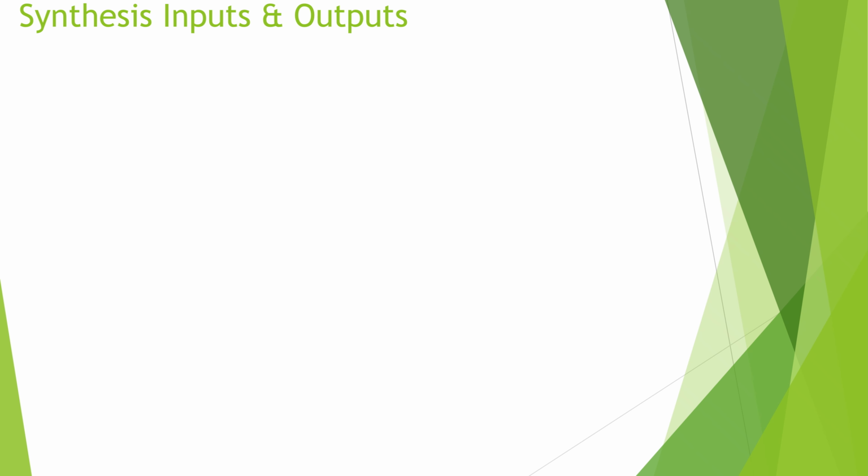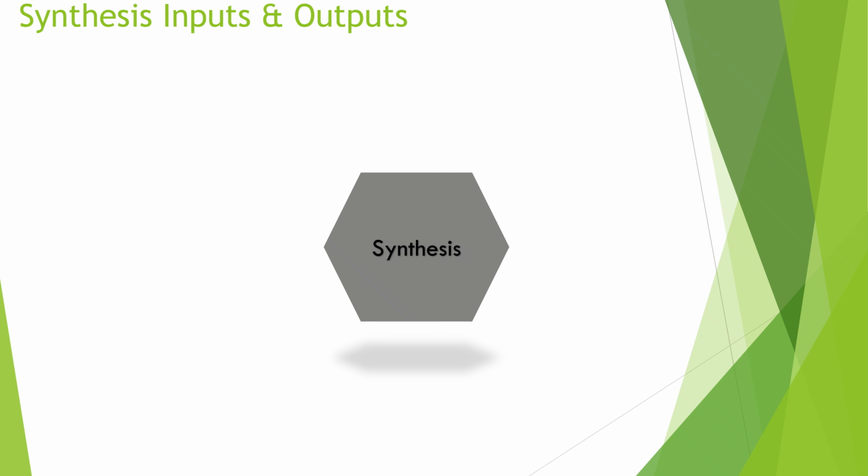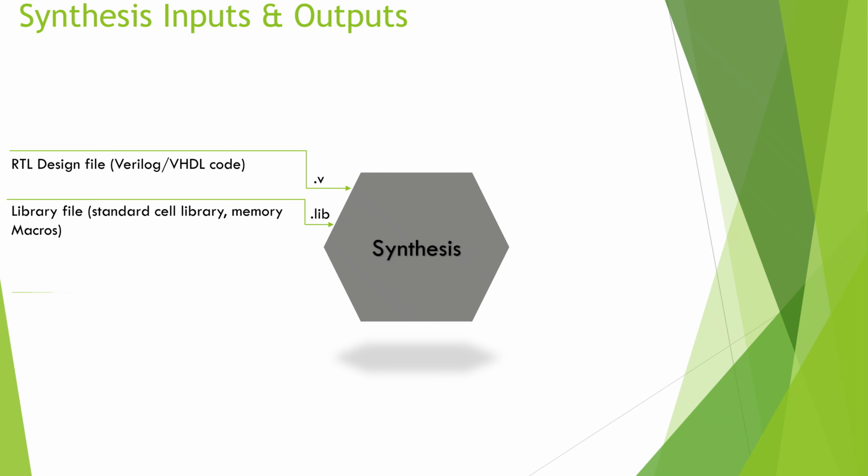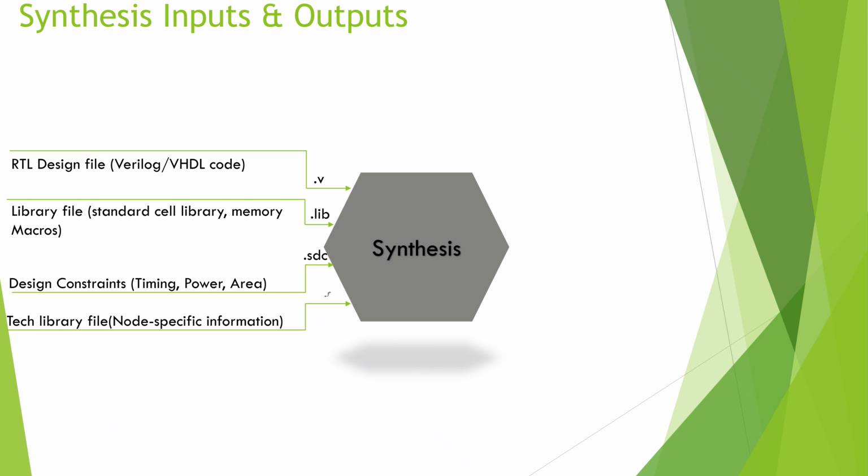This sounds like a deal. I give something, it gives something. Hopefully not just errors. If you give good inputs, it gives good outputs. Inputs are: first, RTL design files, your Verilog or VHDL code. Second, library files, the standard cell libraries and memory macros. Third, design constraints, mainly timing, power, and area specified in formats like SDC. Fourth, technology or tech library files with node-specific information. So I give it my code, my available building blocks, the rules it should follow, and the details of the